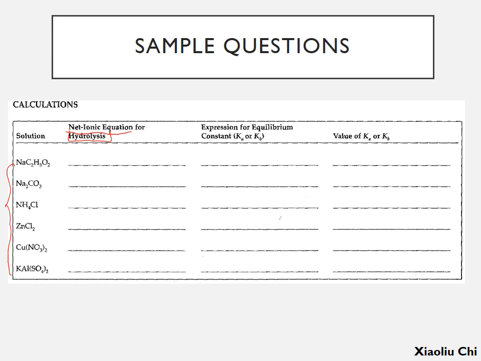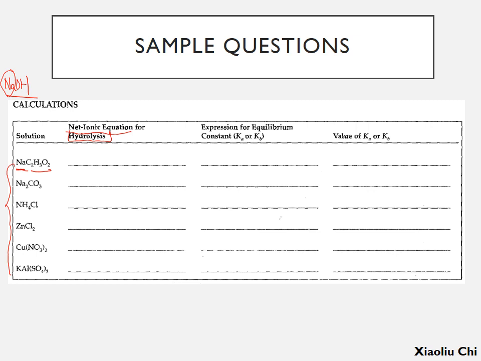So let's look at the first one. And so sodium comes from sodium hydroxide. Okay, this is a strong base, and because of the strong base, sodium is a spectator ion. It does not hydrolyze. Okay, now the anion